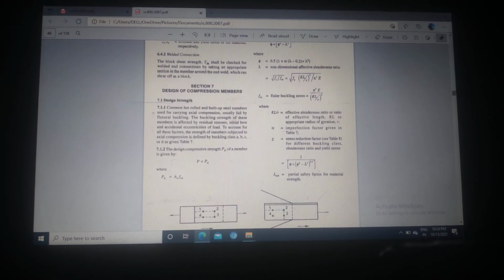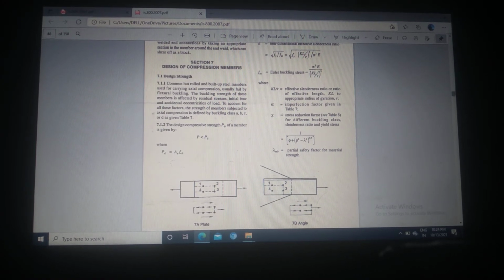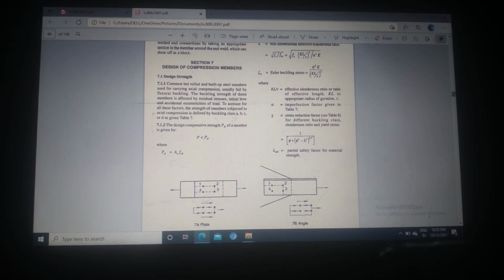Similarly you will do in case of angle. If you find the gross area, just take that whole distance from the end of the plate through 1 to 2, that distance will be given in the question, into thickness. Area is length into breadth, that is what we are using here, nothing else. And in case of net, just subtract the bolt hole diameters, depending on how many there are in the question, into thickness. You should be familiar with these gross and net areas.